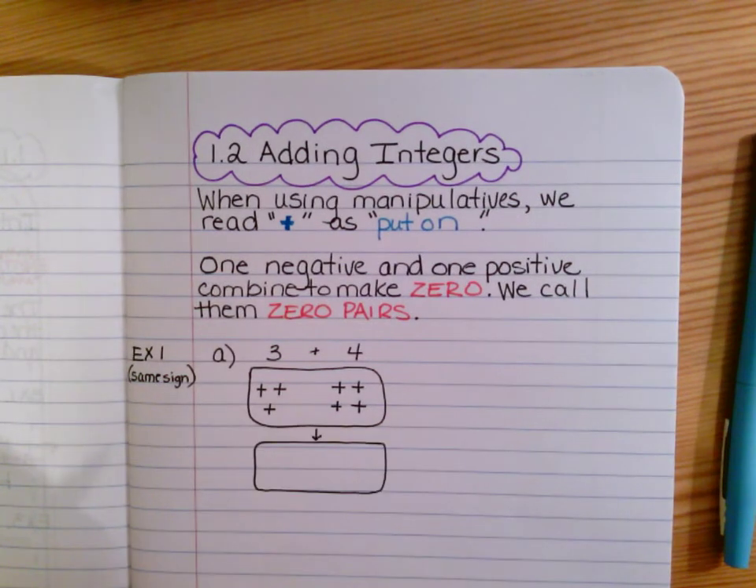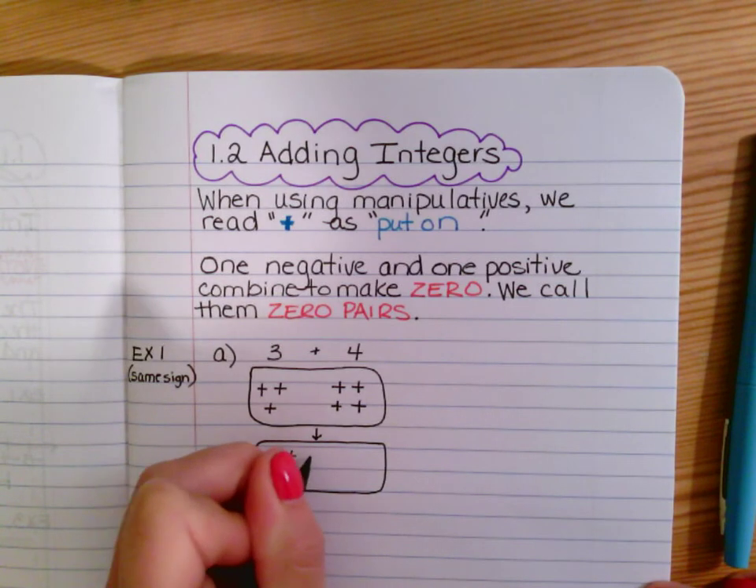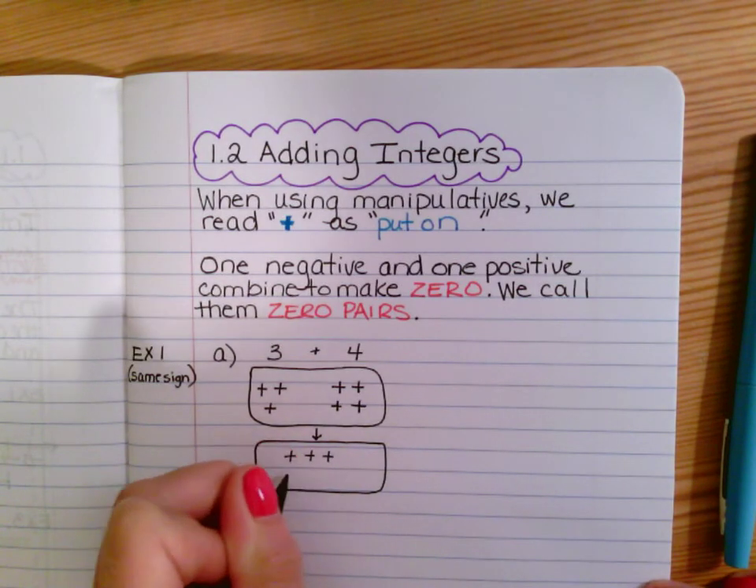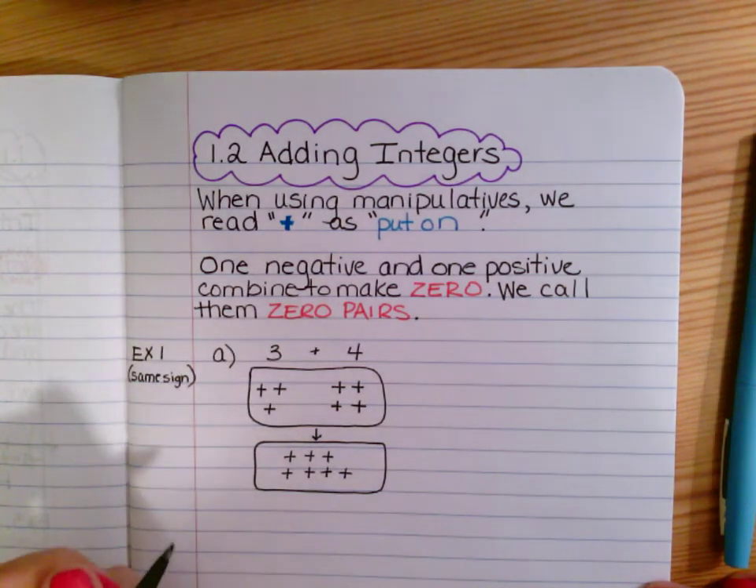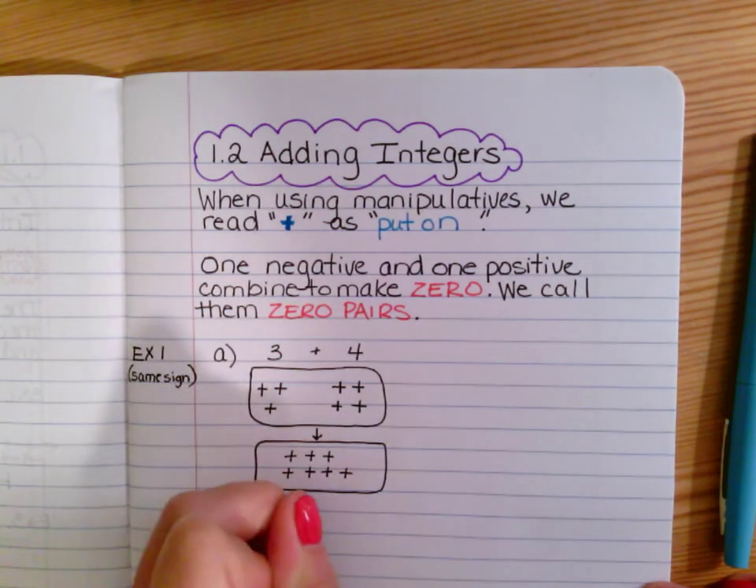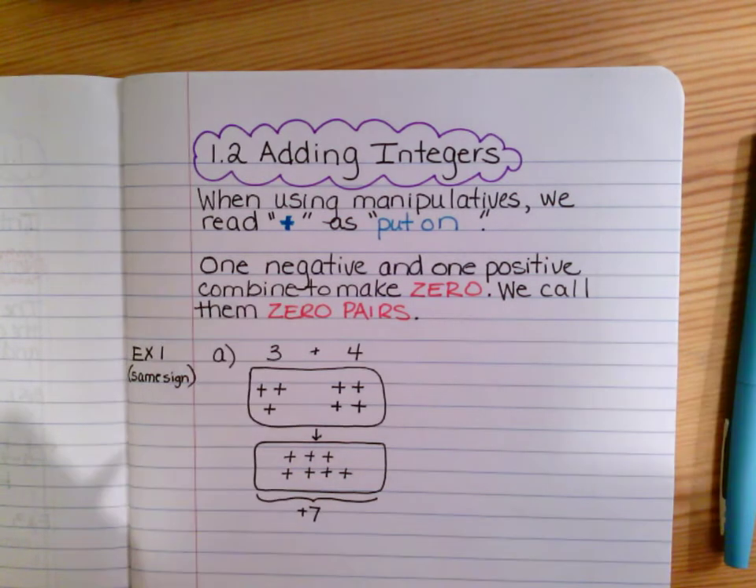Now we could simplify that by putting that all together. So we would take our 3 and put it together with our 4, and we would see in total that the 3 plus the 4 is positive 7. We have 7 positive pieces, so that's our answer, positive 7. And I realize that this is a really obvious example, but it gets a little less obvious when we start